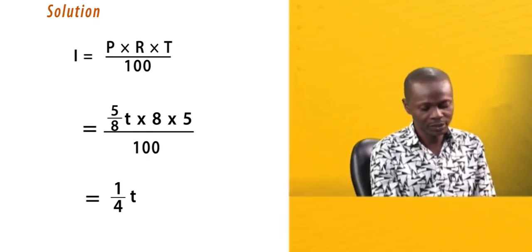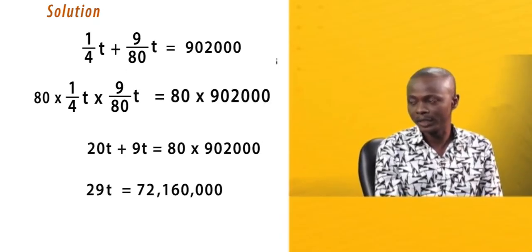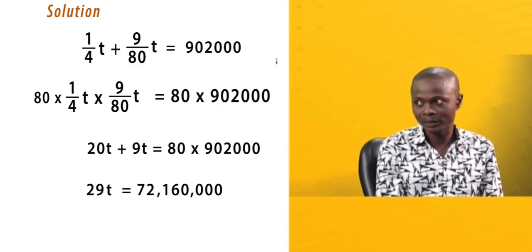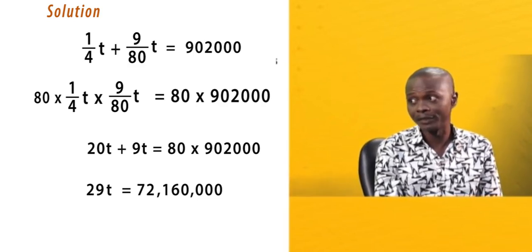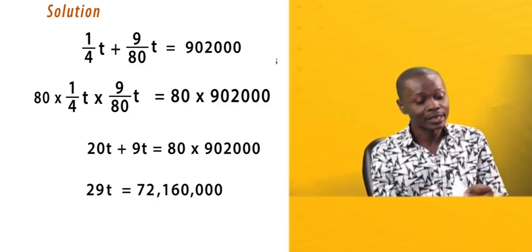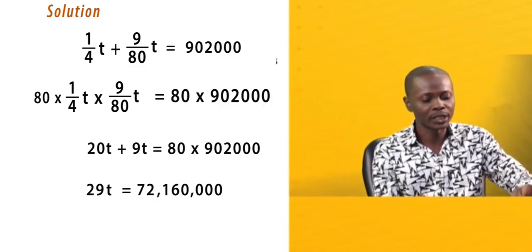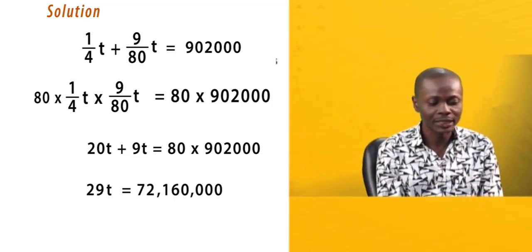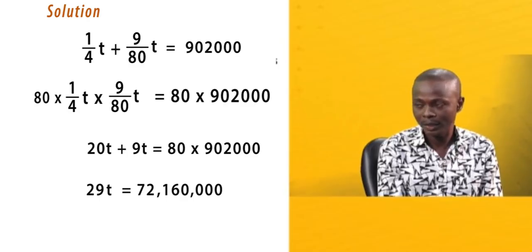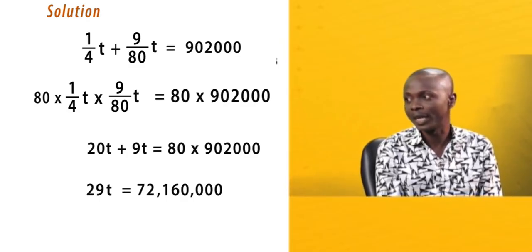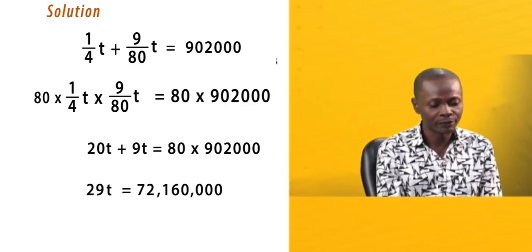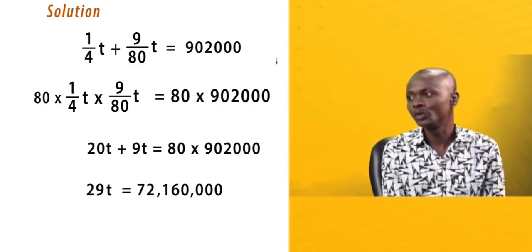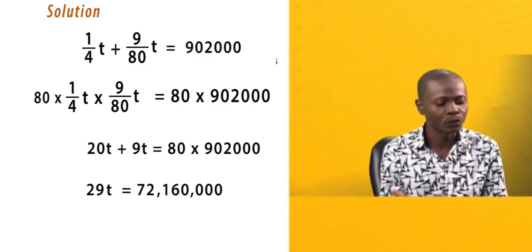Now for the second business, the principal was 3/8 T at a lower rate, which is 6%, for the same period, which is 5 years. By the same calculation, principal times time times rate over 100, we have 3/8 T times 6 times 5 divided by 100. By simplifying, we have 9/80 T, which means that we add the two interests together and equate it to